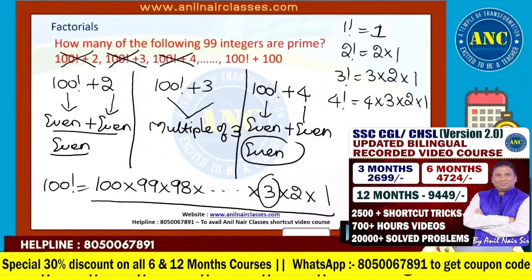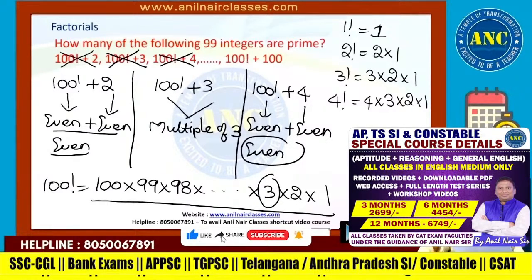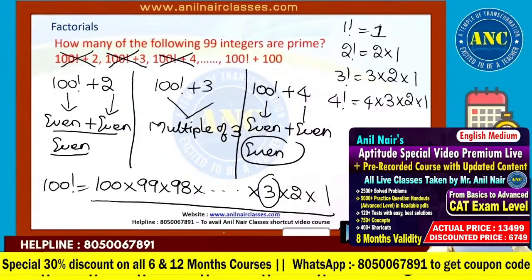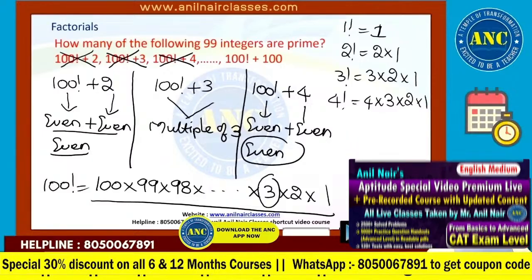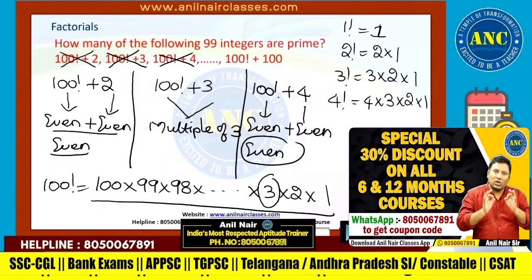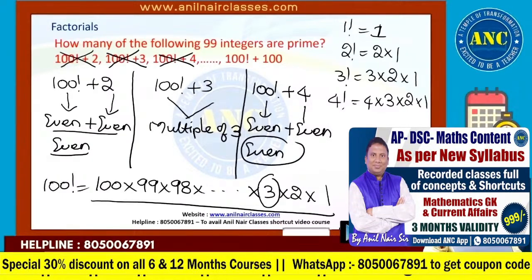100 factorial plus 5. 100 factorial contains 5. That means it is divisible by 5. Plus 5. 5 is also divisible by 5. If I add two numbers which are divisible by 5, the answer will be divisible by 5. Is there any number which is divisible by 5 other than 5 which is a prime number? Not possible. Last case, 100 factorial plus